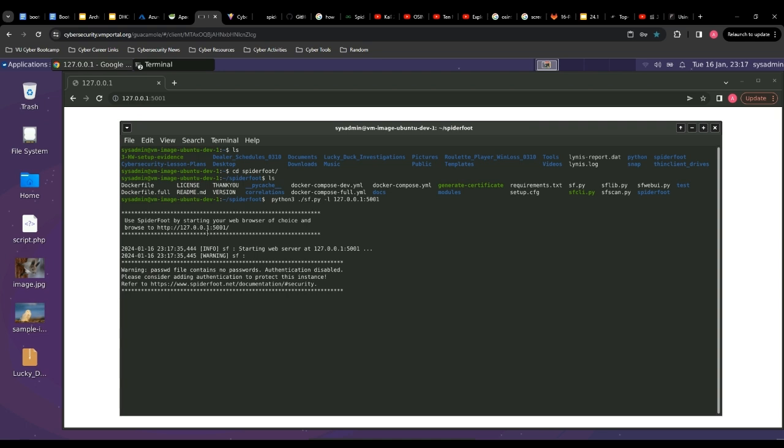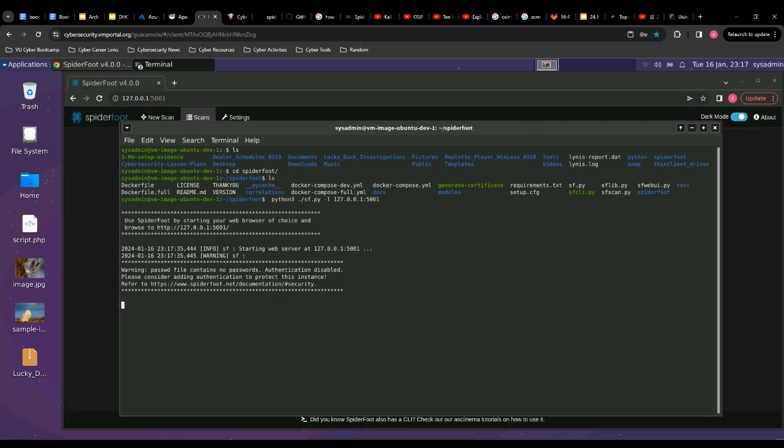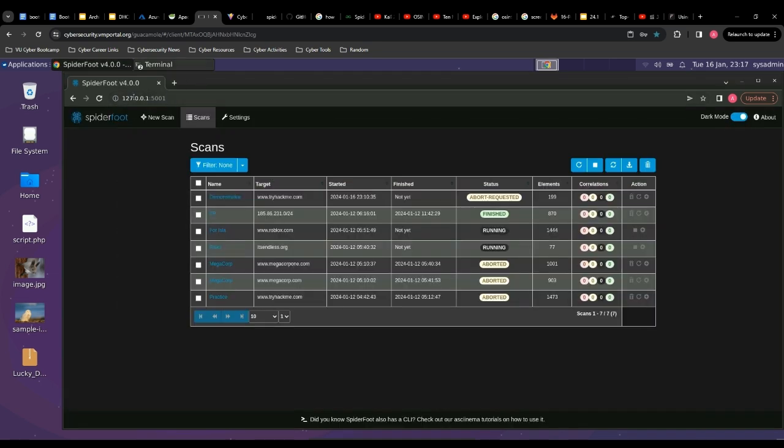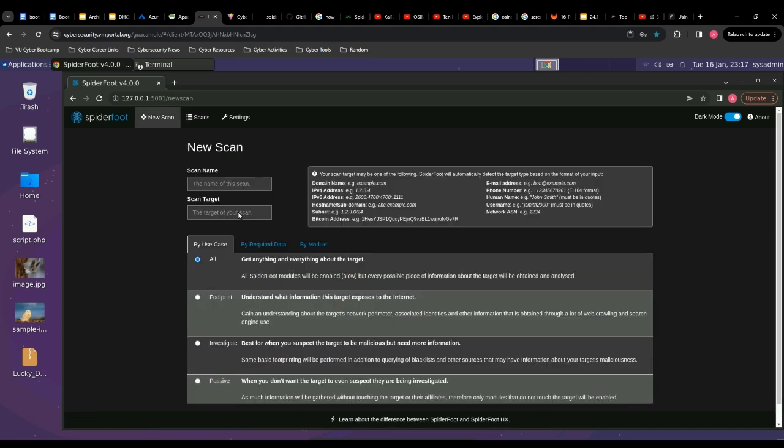All right, so now it's running. You'll see here the URL to type in, or if you just click this link, it'll take you to your terminal. My terminal is already refreshed now from not being active to active. You can see that I've already started running some scans. This is the main screen where you'll actually see, you can name a scan, demo one, scan,